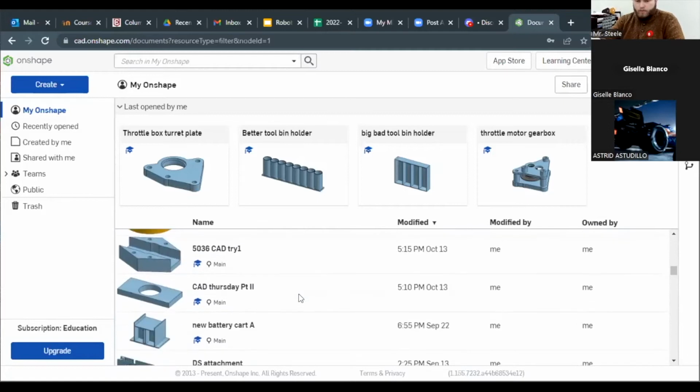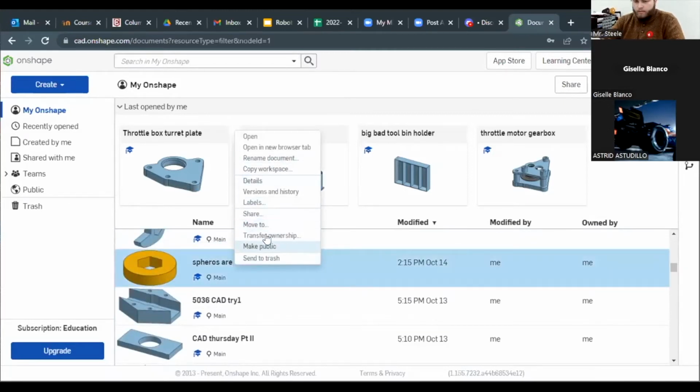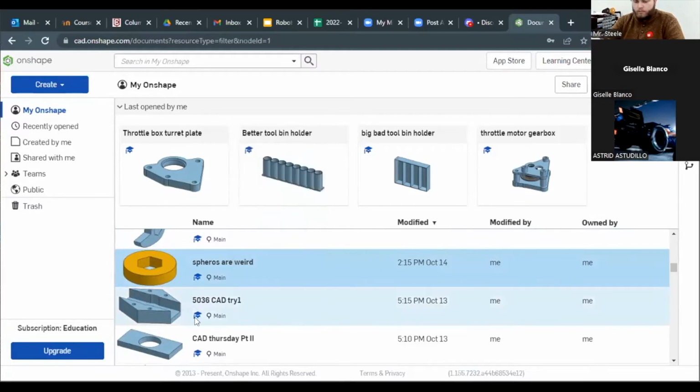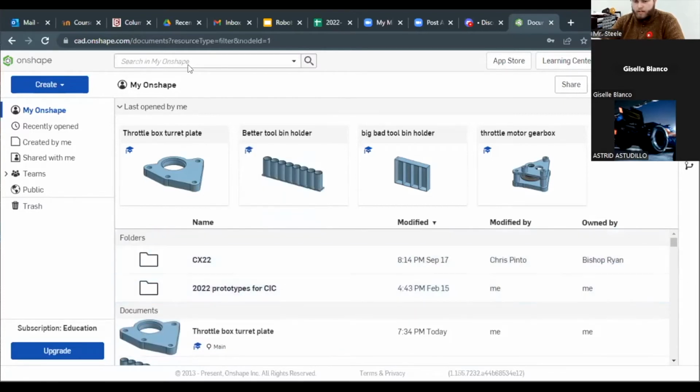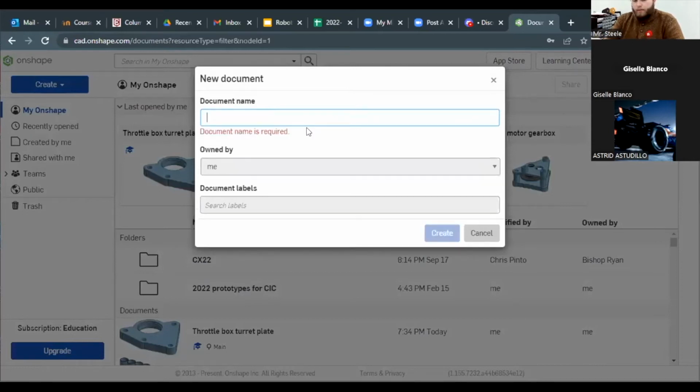So I think I've got one. Okay, got one. I'm going to rename it. Maybe I'll just make a new one. Yeah, okay. Second thought, I'll just make a new one. So can I get both of you to create a new document by clicking this button and then this button? You can rename it whatever you want, but I'm going to be renaming it something that's accurate to what we're